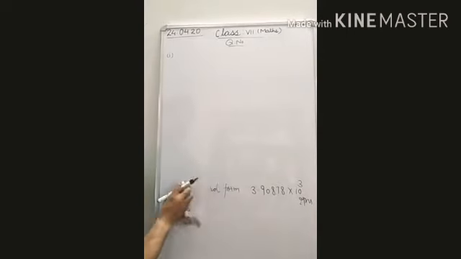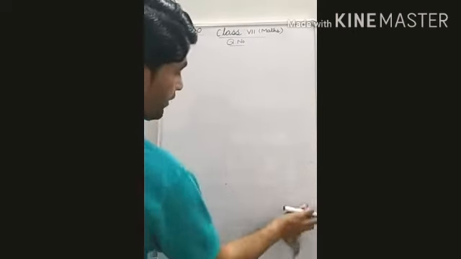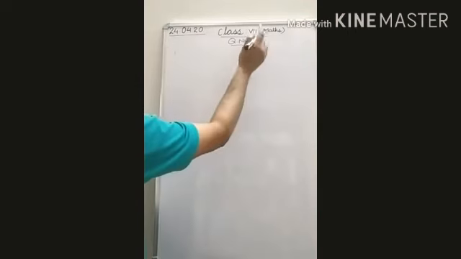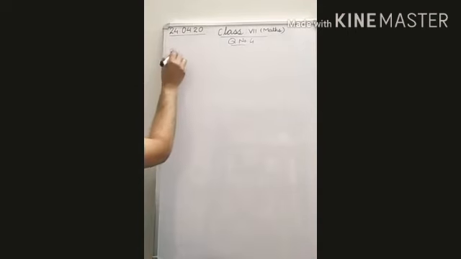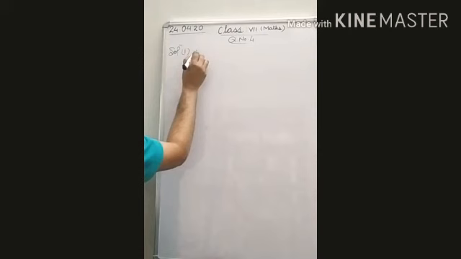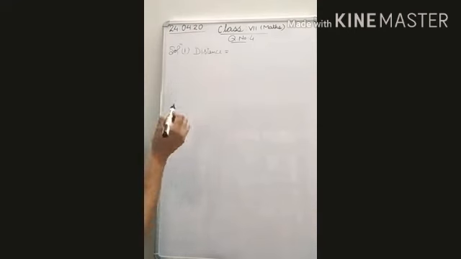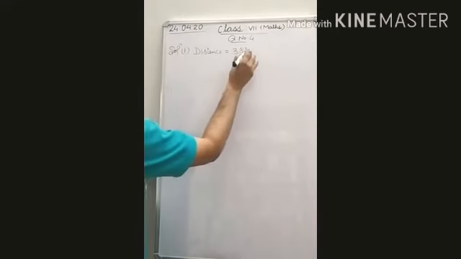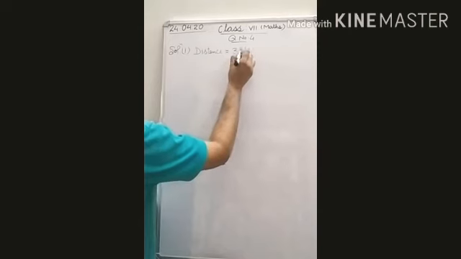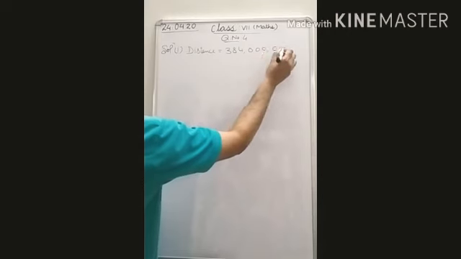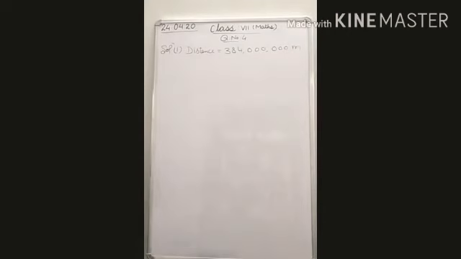First of all, write down the distance as usual what it is given to us. So let us write it. This is question number 4, solution of first part. Here in this we have given distance. It is 384, that much and that much. This distance is given. Now this we have to express in standard form.